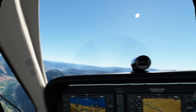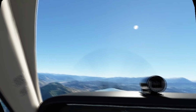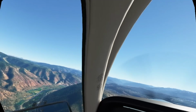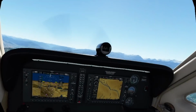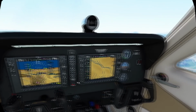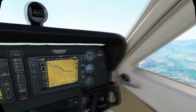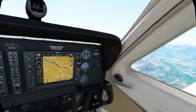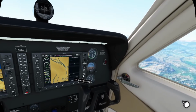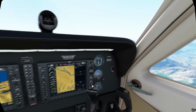An interesting side effect of doing the photography, or trying to do it. If someone has a really good way to do that, please let me know. But I tried using a GoPro. I tried several different things, and I just couldn't ever seem to get a really good picture that reflected what I saw with my eyes. But I did want to put that up there, and you can look at it, and if you see a glimpse of something that looks really sharp from time to time, that's what it all looks like if it's done right. Anyway,